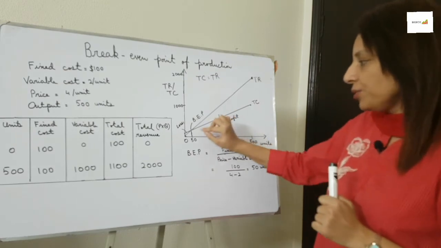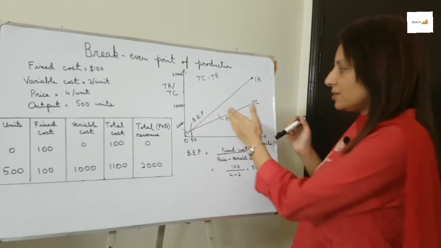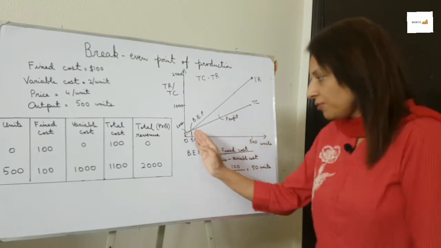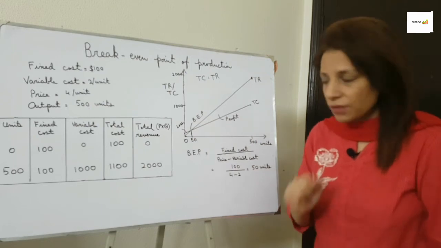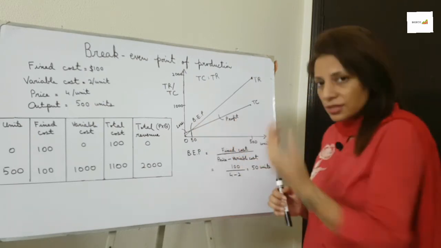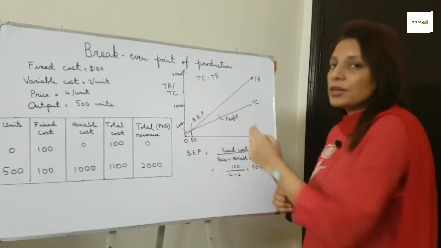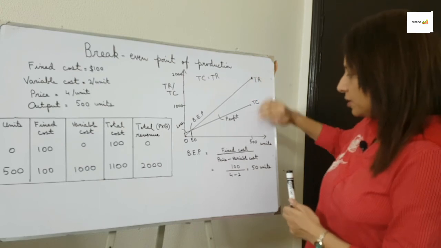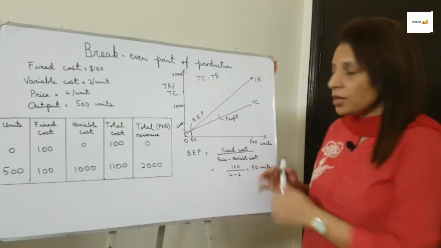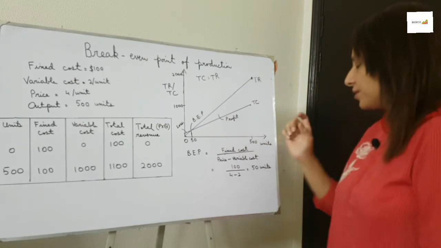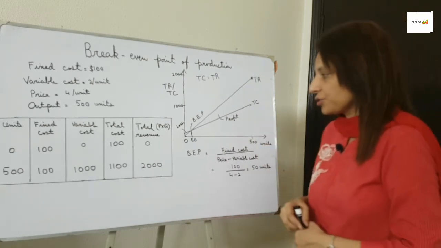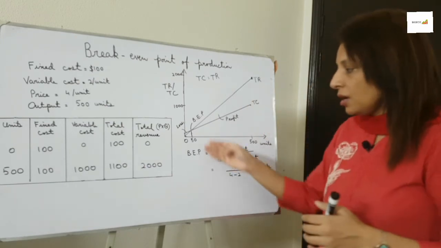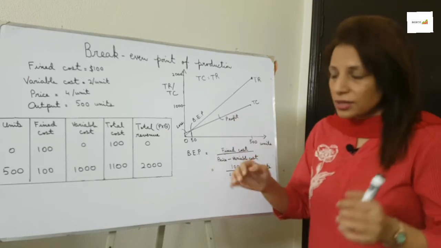Secondly, when you get this break-even point of production, you can easily identify this is the area of profit and this is the area of loss, which means before this point, business is not able to cover its cost, but after this, business has covered its cost at this level of production, and after this, they are earning profit. And there will be different levels of profit. Of course, at maximum level of output, you have the maximum level of profit. So you can even identify these and calculate the profit you have at different levels of production. So this is how this break-even analysis is helpful for the businesses to see how many units they must produce and sell to cover their cost.